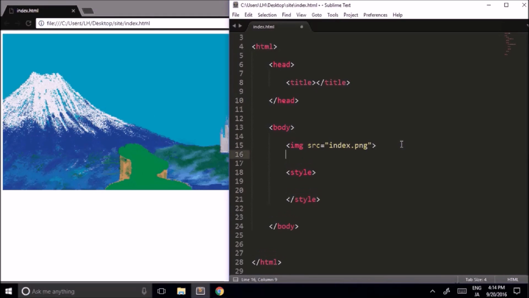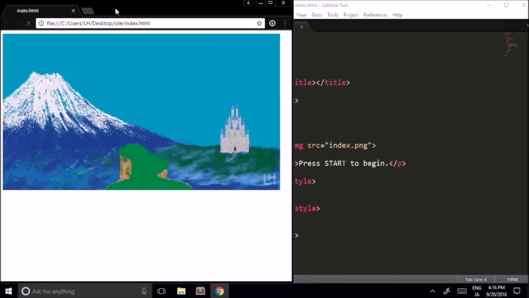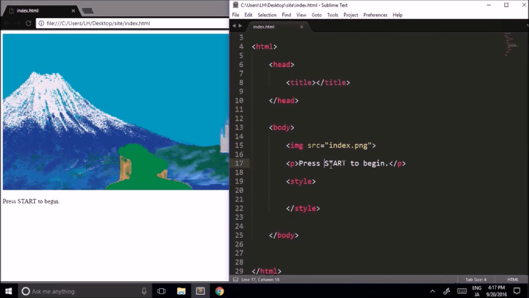Next we can add some text to describe the situation, and since the situation is the player is starting the game, we can type press start to begin. And their only choice in this situation will be to start the game, so we'll make start a link to the next situation, which will be another HTML page, and we'll call that page chose